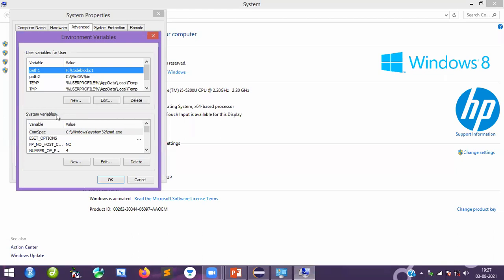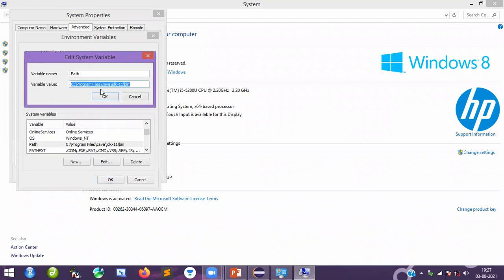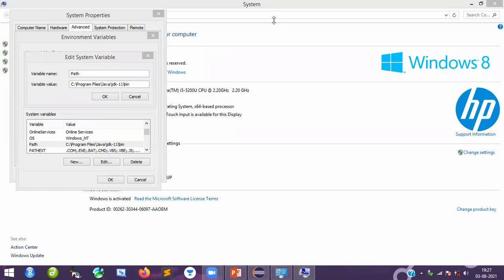Go to System variables, go to Path. Edit. Just paste the path. That's it. Done. Clear?